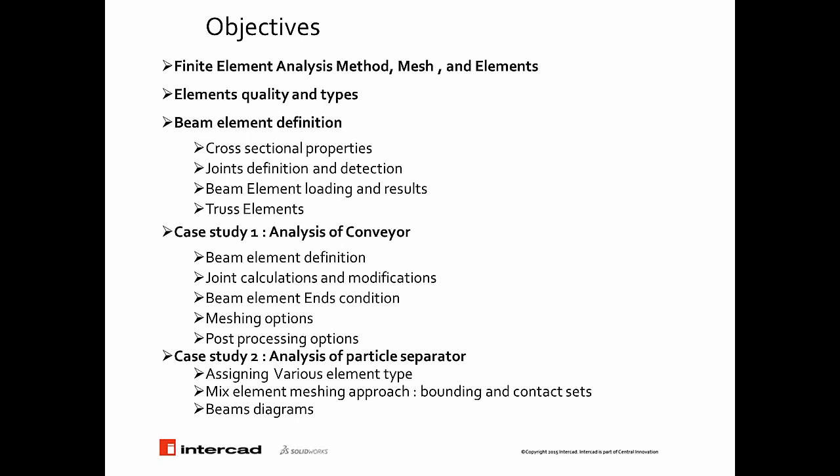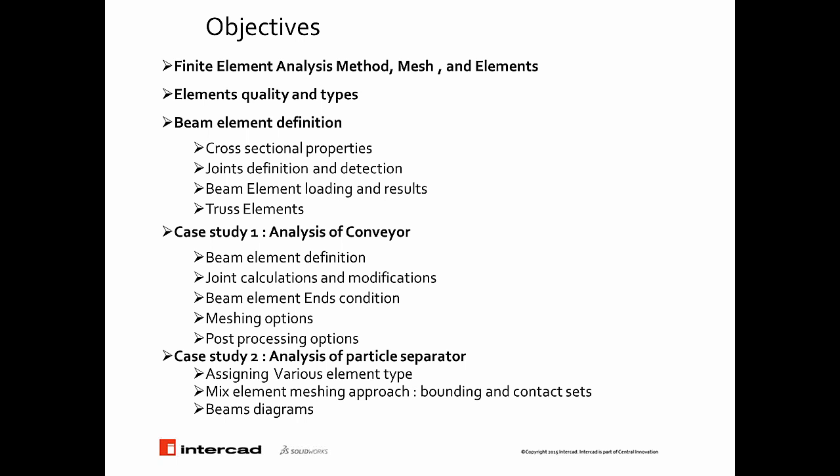We're looking at the cross-sectional properties, joint definition, and the methods for detection of the joints, different types of loading on the beam elements, and post-processing options. We also highlight a special situation when the beam elements can be converted to truss elements, and look at the difference. We will accomplish our educational introduction with practical case studies, where the first